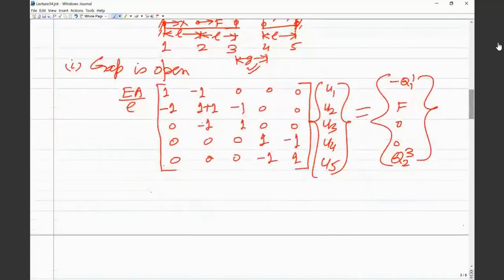Sir, if the gap is open, then how will the reaction at node 5 be produced? Yeah, it will be 0 actually. So Q23 is going to be 0, but I am putting it just to have the complete set of equations. Now, after imposition of boundary conditions,